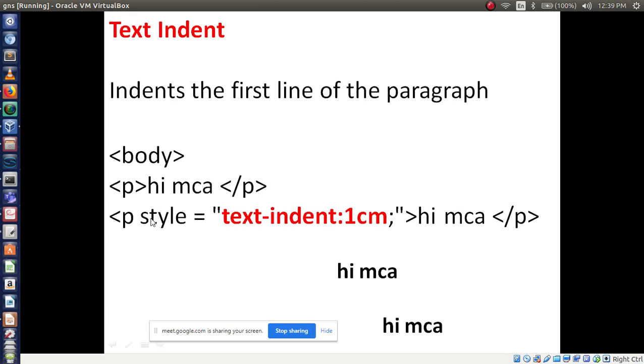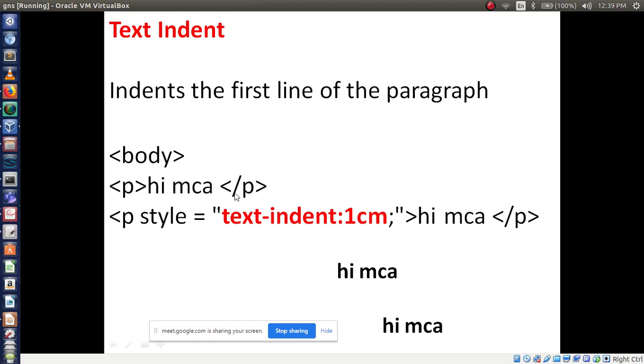See, in the P tag I'm using the style attribute. Property name is text indent, colon, 1 centimeter. Here I am mentioning the space as 1 centimeter. Hi MCA, normally I am displaying this in a P tag.